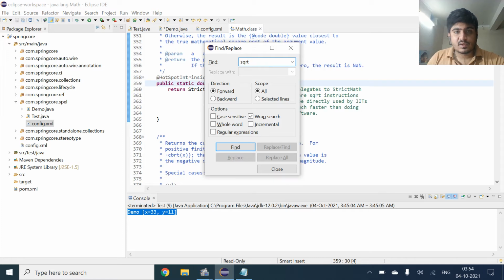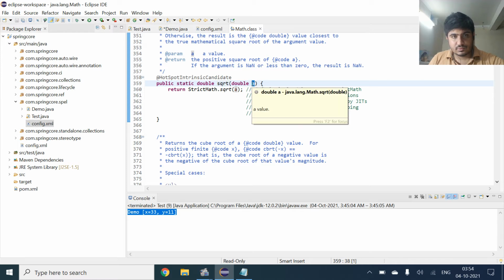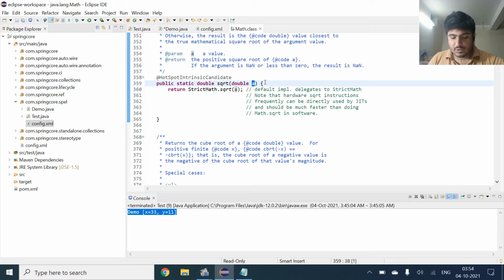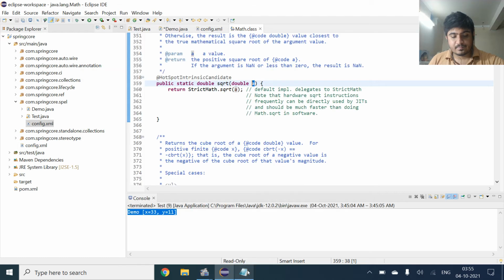So basically it is a static method and we will have to give this double value. The convention is the same. We will give T class method param and we'll come to the demo.